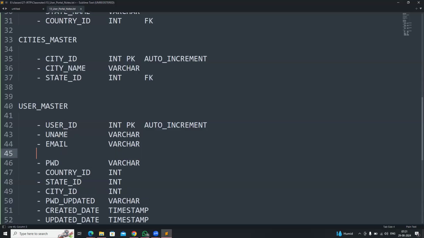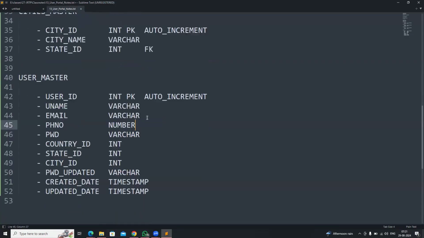Email and phone number field is also available. So that one I'm taking it as a long value. That is a number type basically. So a number type I'm going to take. User ID, which is a primary key, auto increment value, user name, name of the user, email ID, phone number,